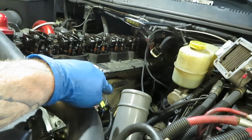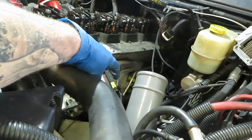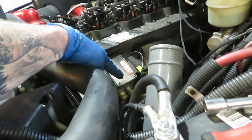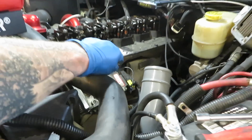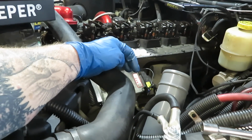Sometimes I have also saw people take the head return line, the excessive fuel return line from the back of the head. I've saw them take that loose from the VP44 to be able to get to all of your line set on the back of the VP. So